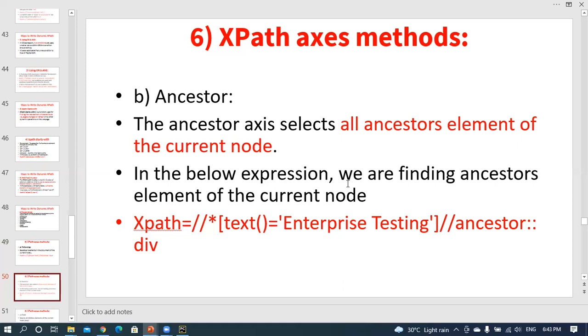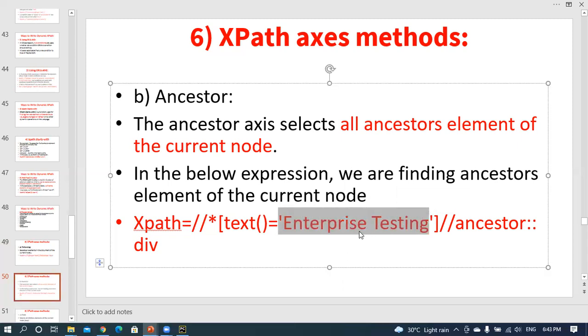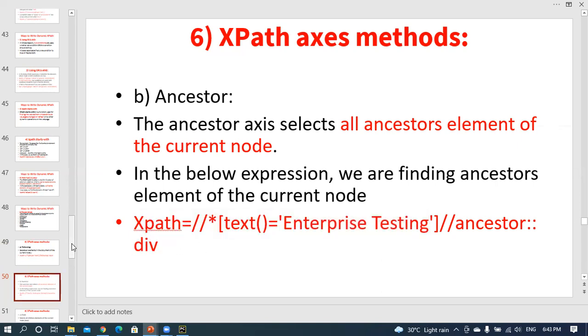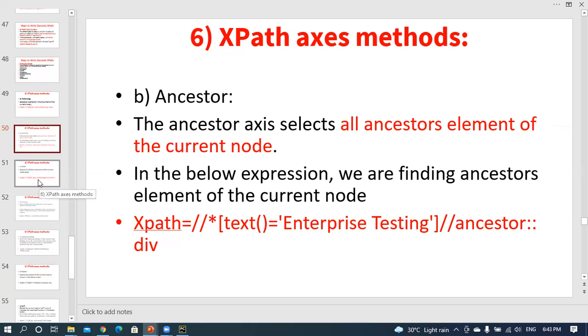For example, star with text enterprise testing, ancestor equal to div, division. Like that, this is one type of XPath.